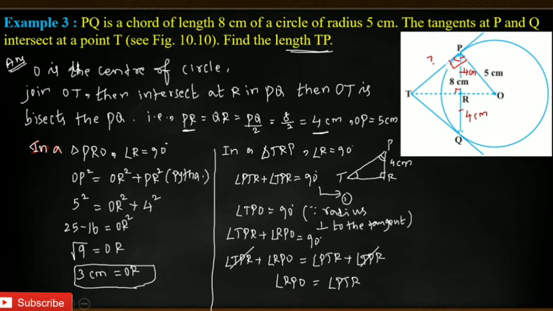So where do we have these two angles in the diagram, let's see here children. RPO, in the sense where this is RPO, this one, which is equal to PTR. So here these two triangles I'm going to take. Which triangles? PTR, this triangle, and RPO, these two right angled triangles I'm going to take, because here also we have 90. RPO is 90, and PTO is also 90. So that is what I'm going to use here.